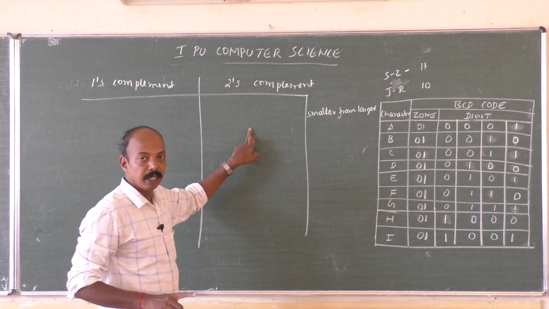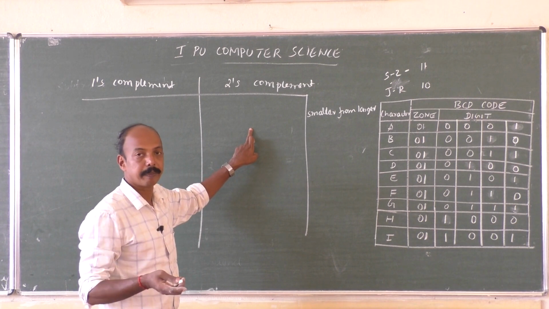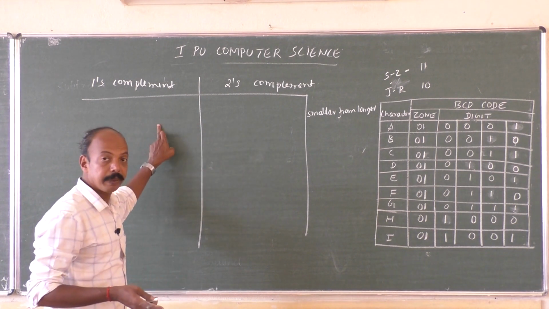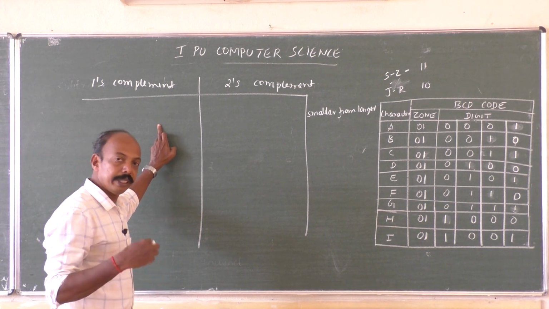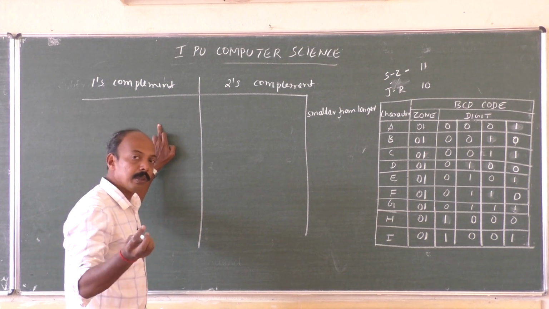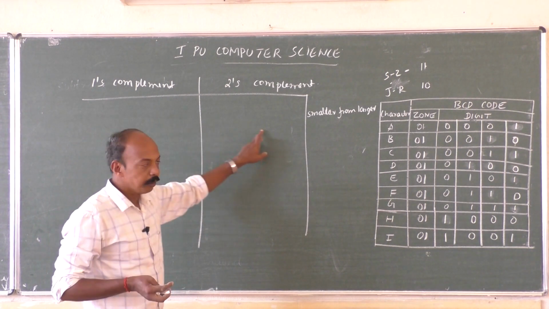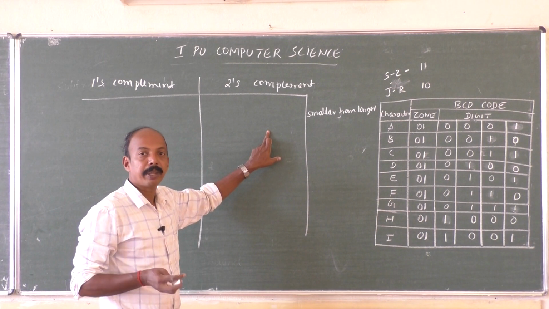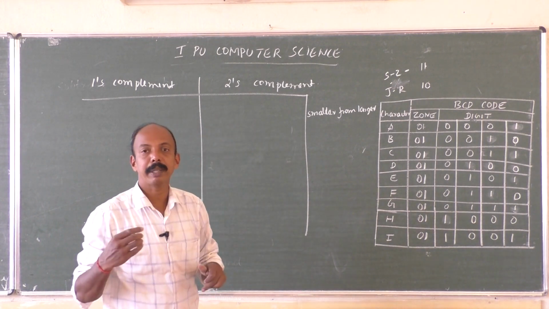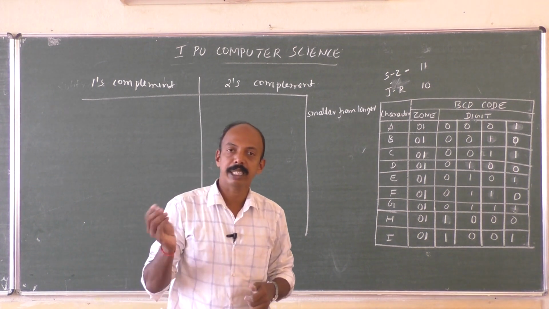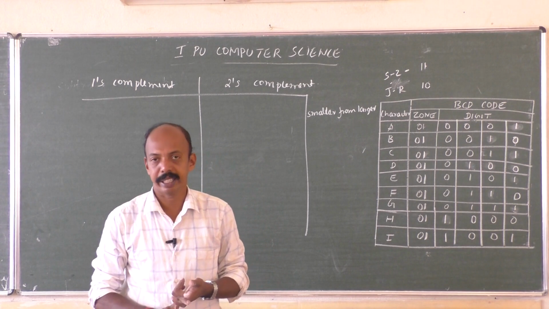In this case, we have to take 2's complement of the subtrahend and add it to the minuend. In 1's complement, we will get end around carry. So what we need to do, we have to add 1 to the LSB, and that will be the answer. Here also we will get end around carry, but we have to discard it. In both the cases, whenever we are subtracting a smaller number from the larger number, we will get end around carry. Remember that.